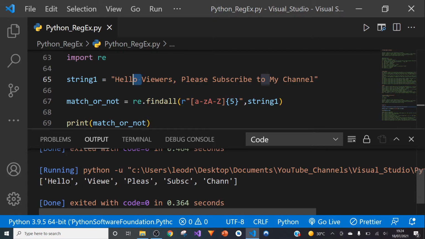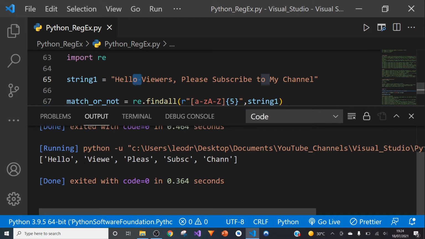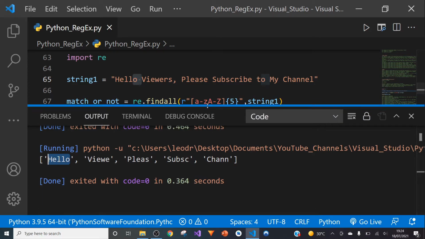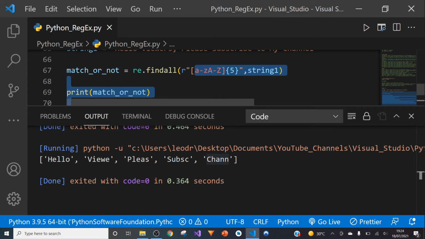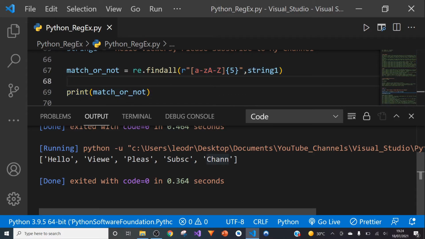But one of the things you'll come across is, let's say you wanted to get the entire word, right? And your regular expression wasn't written that well. Notice here that we've actually pulled the word hello, but we've also pulled viewee and please and subsc and chan with two N's. That's because on every occasion this has hit the regular expression that we wrote. And so if you're looking just to pull the entire word, this is something you've got to be wary of,